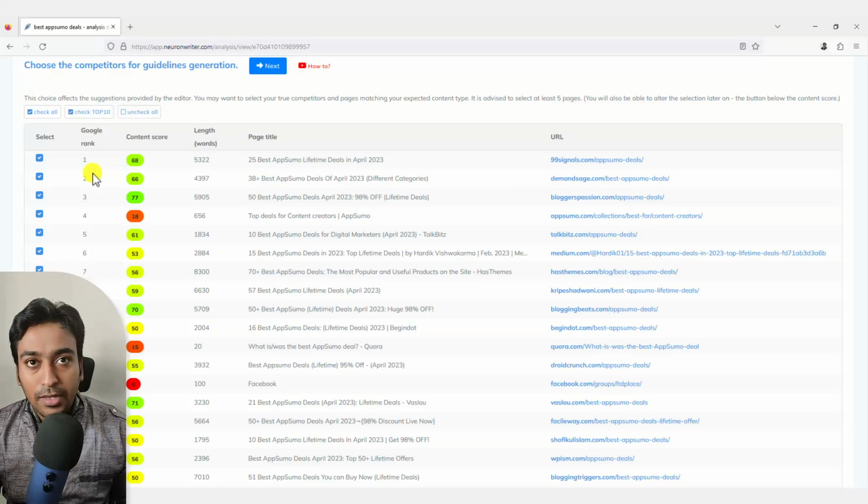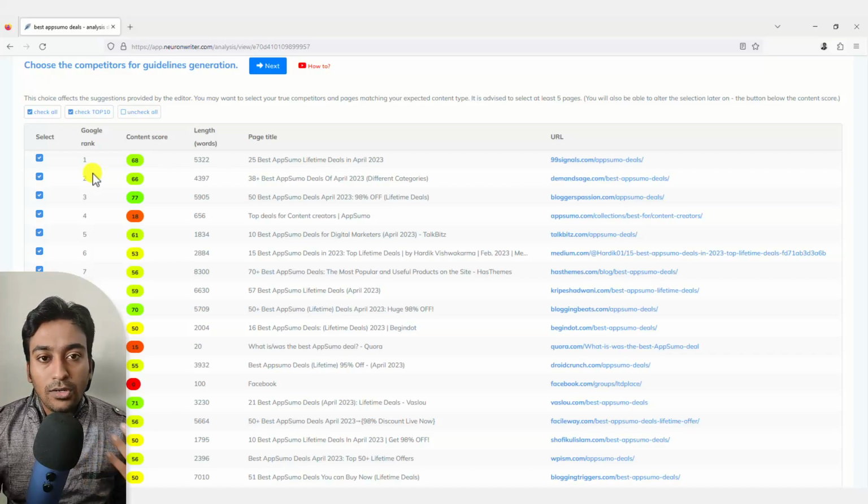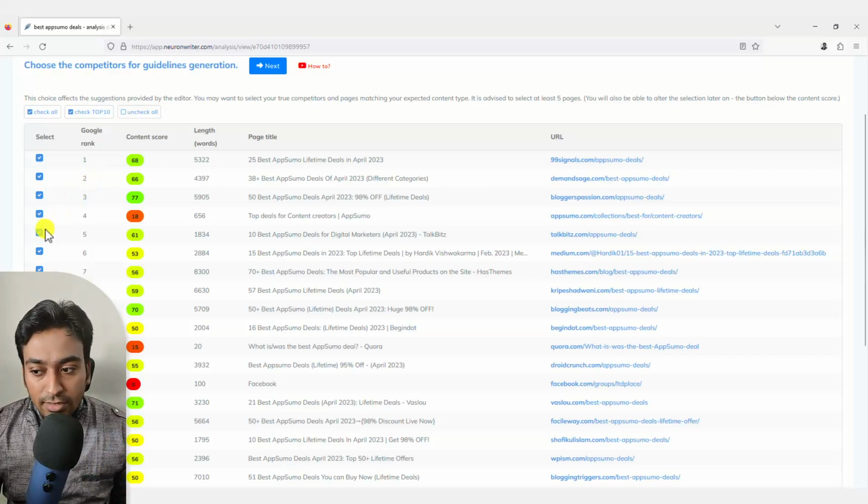For example, I tend to find in some product review keywords, some unrelated manufacturing site with bare minimum detail and unrelated junk content ranking within the top 10 just because of their domain authority or the backlink profile. So if I don't want that, I can obviously uncheck those particular URLs, and instead of those URLs I will select all the other related ones.